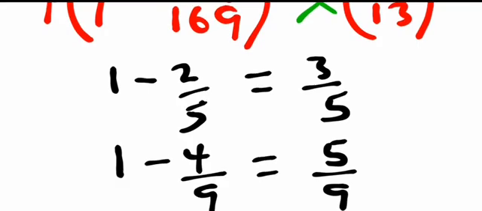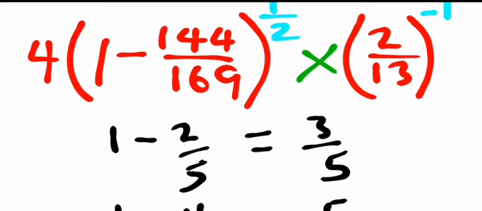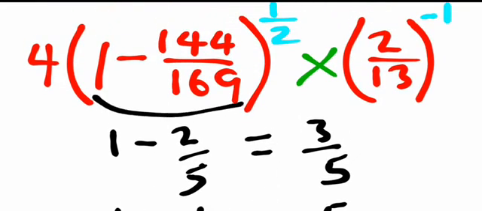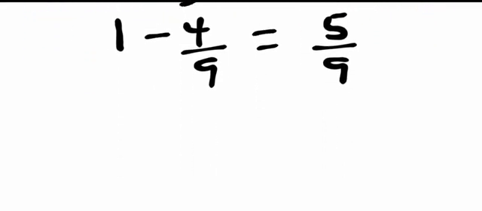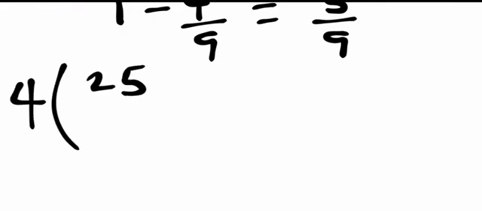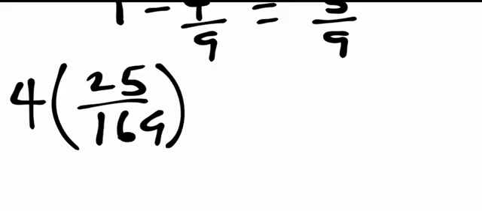So similarly now, we can do what is in this bracket like that. So subtracting 144 from 169, that will give us 25, and that's 25 over 169 now. So the bracket can now become 4 into bracket 25 over 169, everything raised to power half,